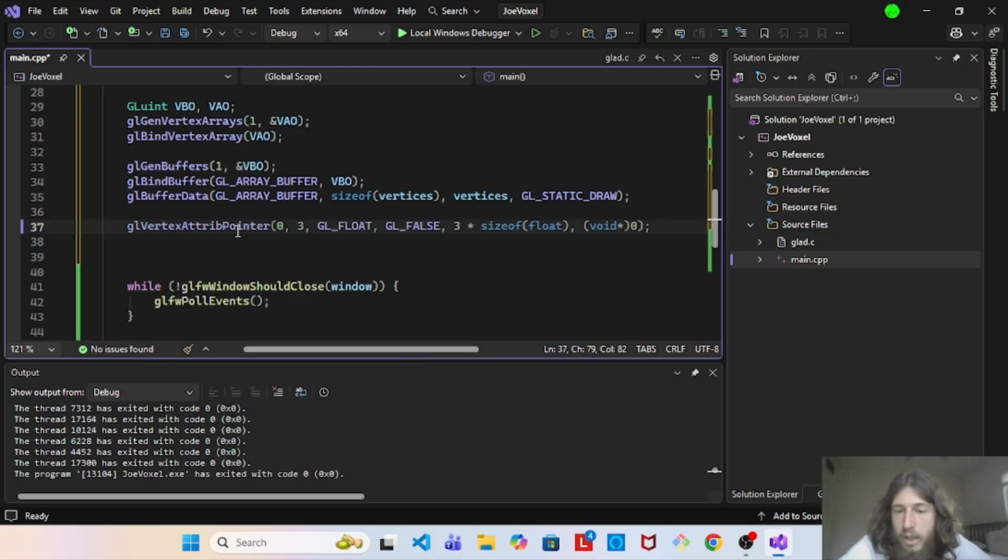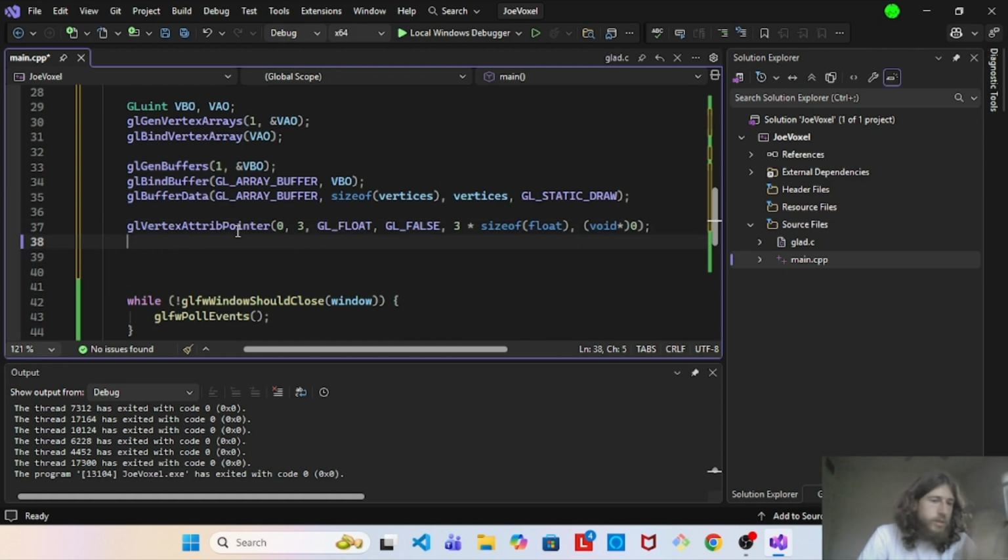So it's just a collection of numbers and letters, but the VAO is actually going to tell us what all this data means, and it's going to interpret it. This is what the pointer does. So yeah, we are going to enable it,